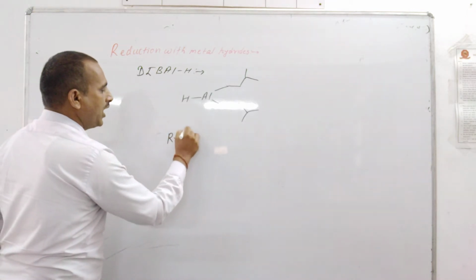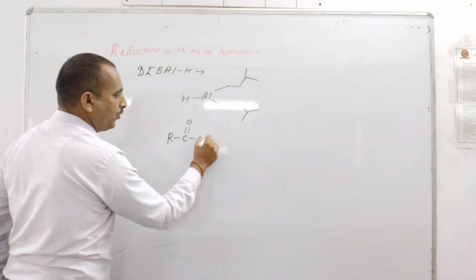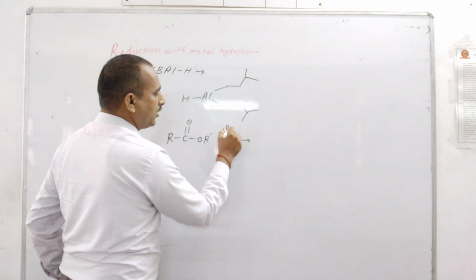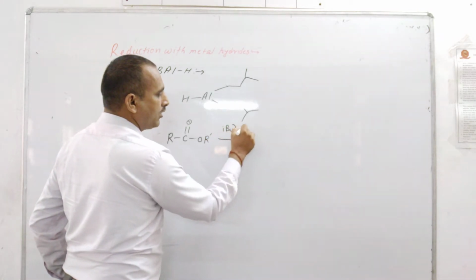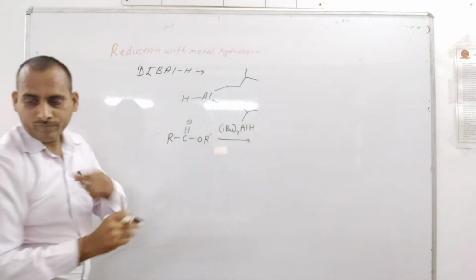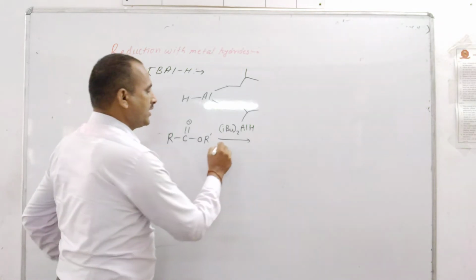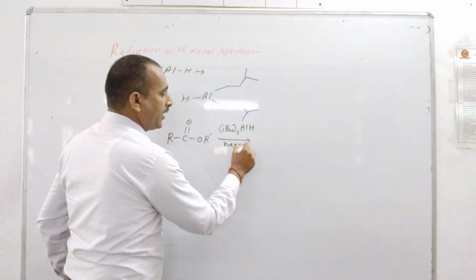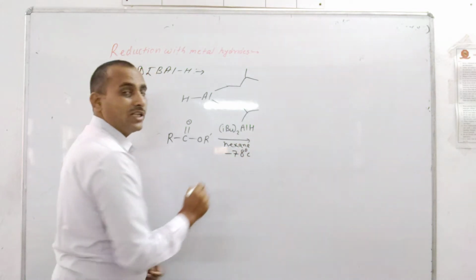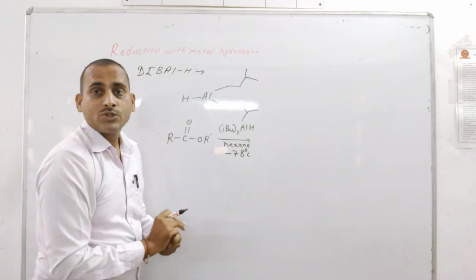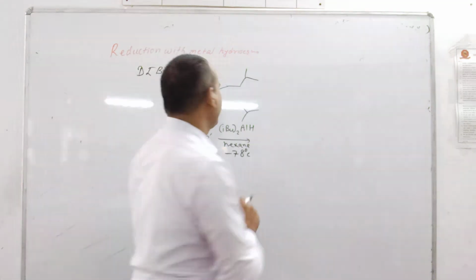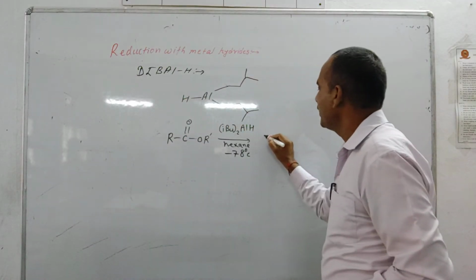So for example, RCOOR dash in presence of diisobutyl aluminum hydride followed by hydrolysis, in hexane, the reaction is carried out at -78 degrees Celsius, so that the further reduction of the aldehyde does not take place. So there is formation of